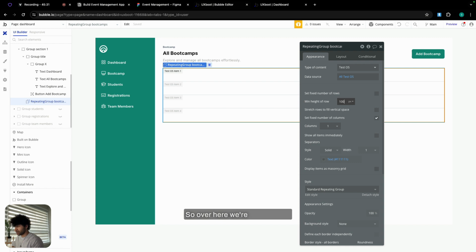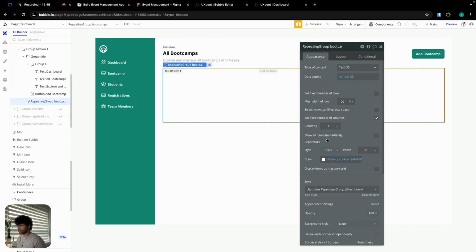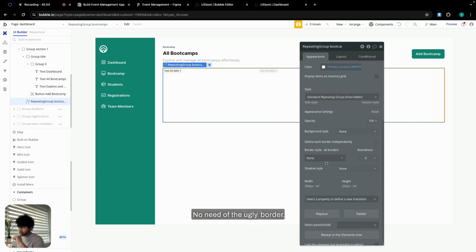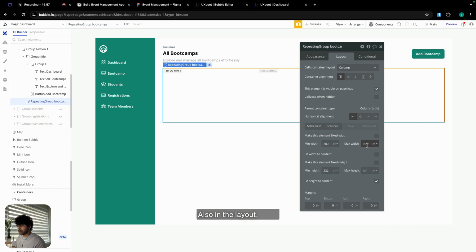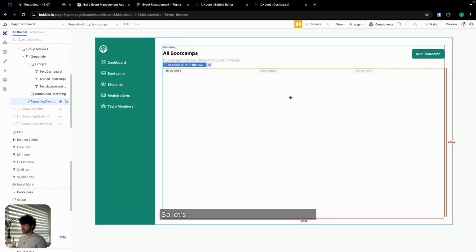So over here, we're going to use 100%. We do know columns. We need just 3 columns. And we need a separator with a width of 21. And color is going to be pure white. No need of the ugly border. Also in the layout, min width is going to be 0, min height is going to be 0, and check fit height to content. We do need some space to work with. So let's see what do we have